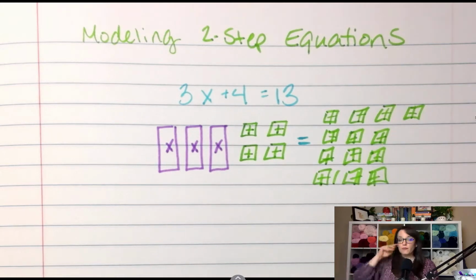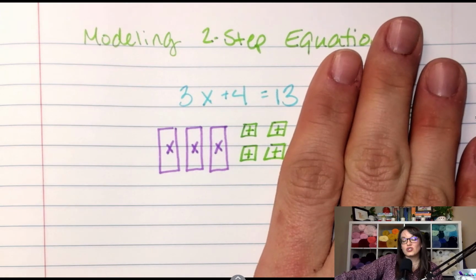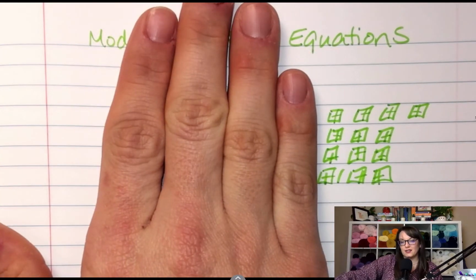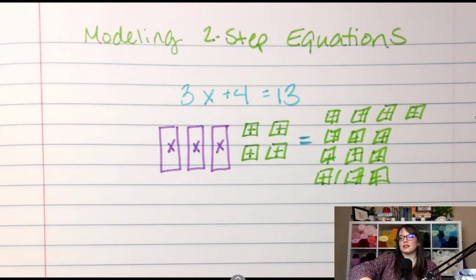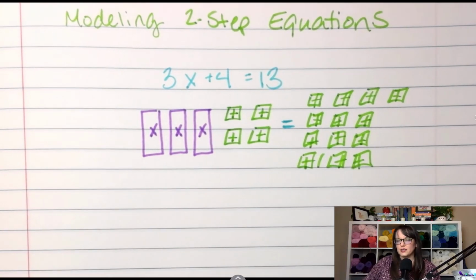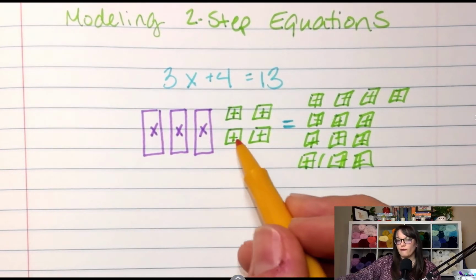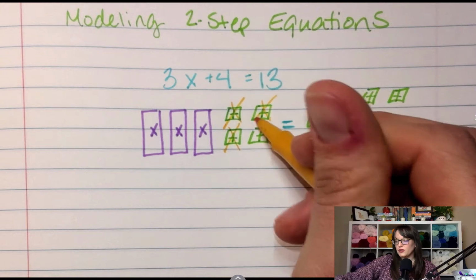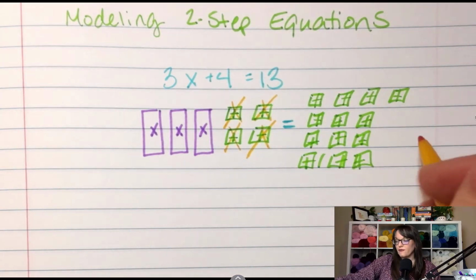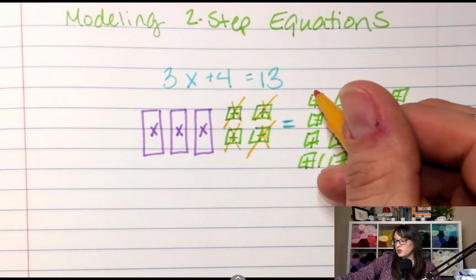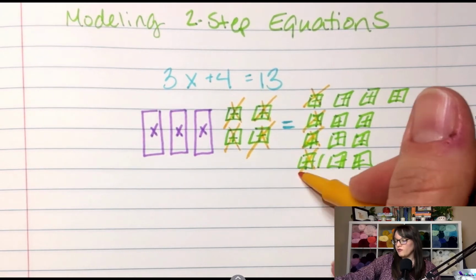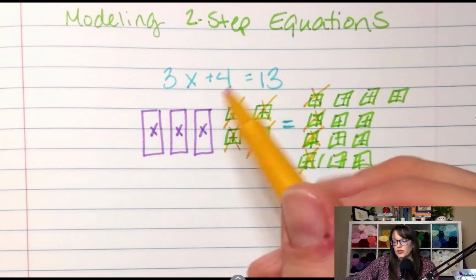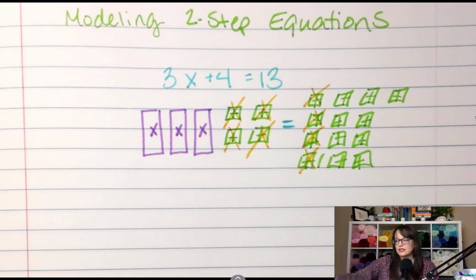Okay, now that I see this, I know that this side has to equal this side. And when I'm solving this equation, what could I take away from both sides? I could take away 4 of the pluses from both sides. So if I took this away, 2, 3, 4, I have to take 4 away from this side too. So I'm just going to do one row. 1, 2, 3, 4. And so now what I'm left with is that there are 3 empty boxes that equals